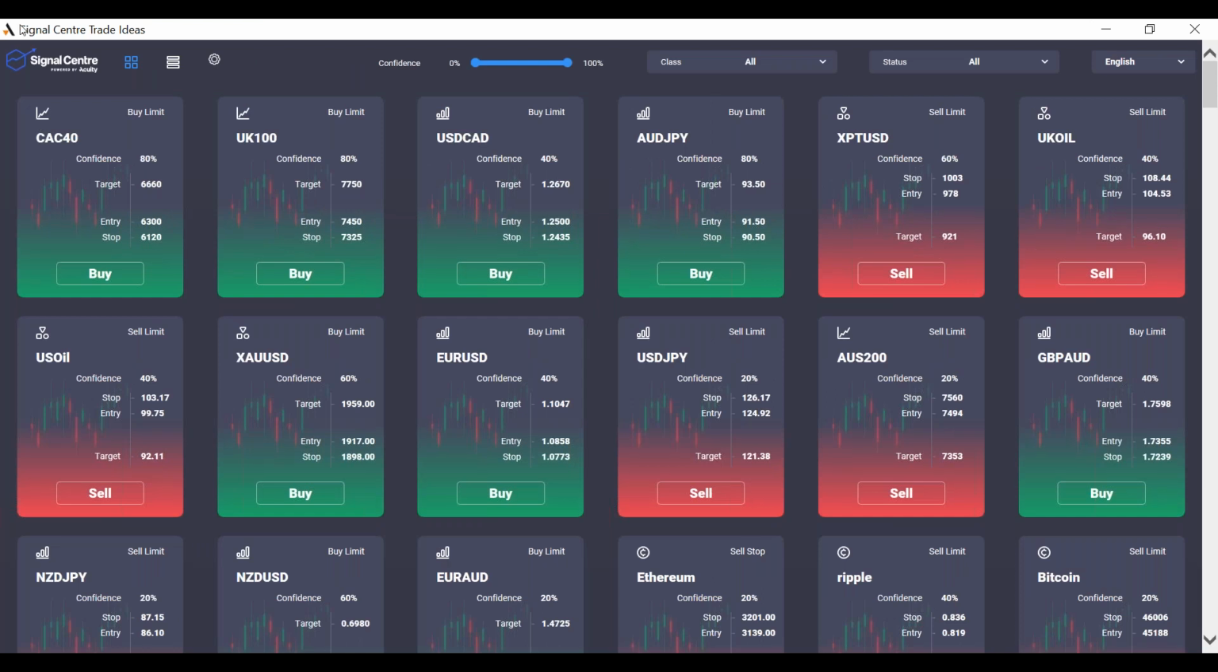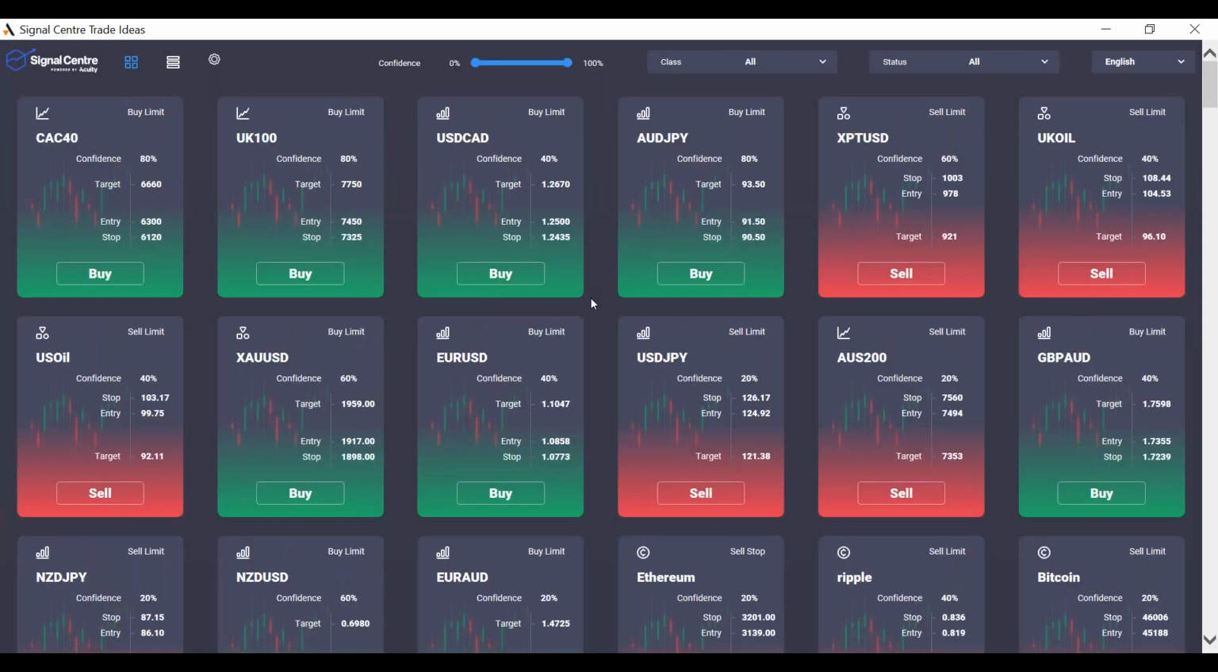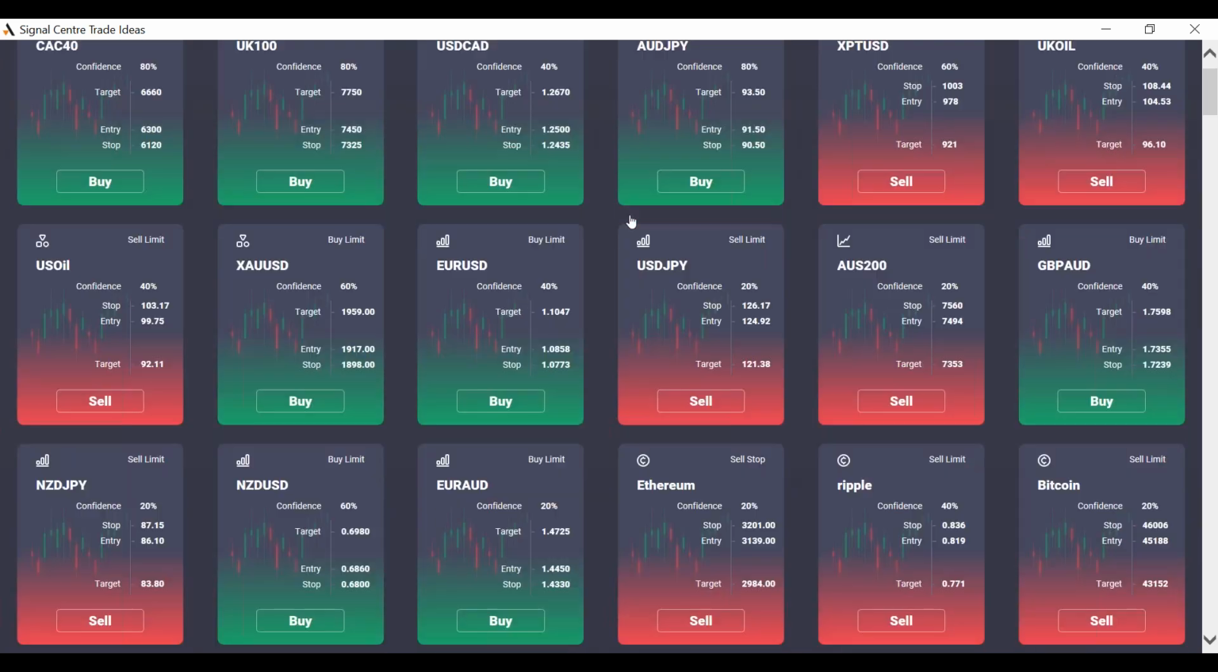So this is the main dashboard of the Signal Center Trade Ideas. As you can see, each and every tile of this represents a trading idea. So what kind of assets is covered here? It covers quite a wide range of assets, including most of the assets that are available on MT5. So we have the commodities, the indices, the Forex, and also stocks. So this is, at one glance,